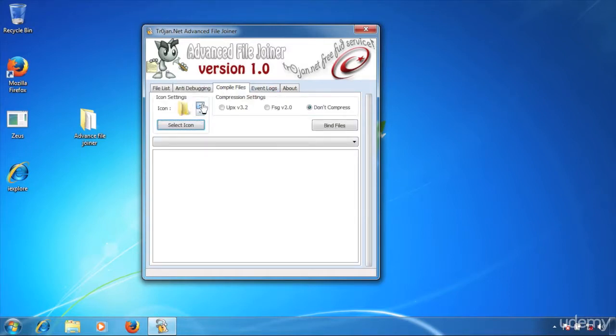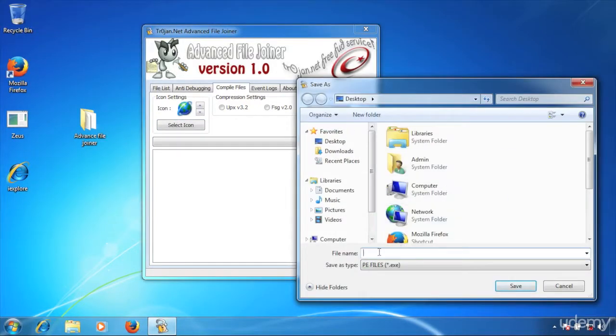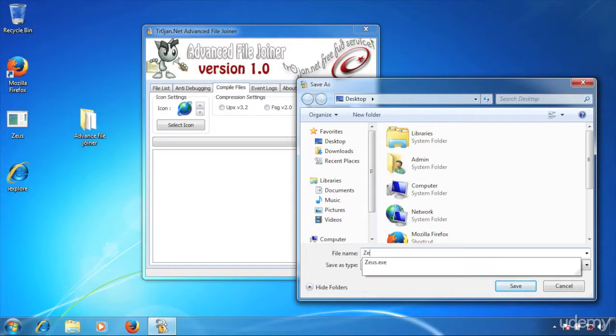Now we can choose to compile files. We first have to select an icon. So you can even change that later on if you so choose. We will just grab this one here. We'll just get it done. Next, we choose if we want to compress the files. That depends again upon your mode of delivery. In our case, it's not necessary, so we believe we don't have to compress